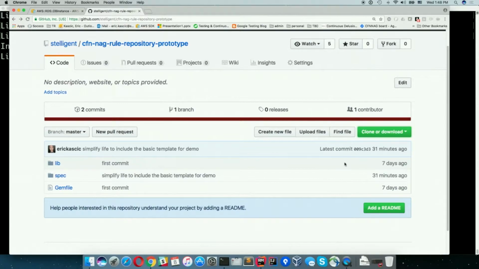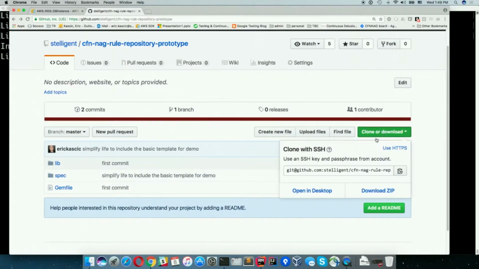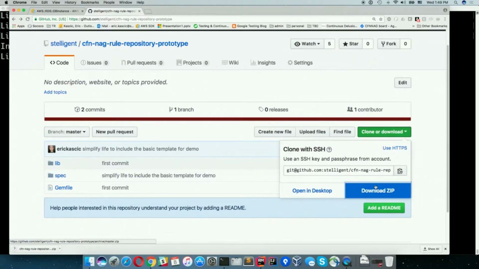So we're not going to actually clone this. We don't want to submit anything here. This is just a starting point. So instead of cloning it, I'm going to download the zip file. And then I'm going to put the contents of that zip file into our own repository for our custom rule development. So as you can see here, the zip file is